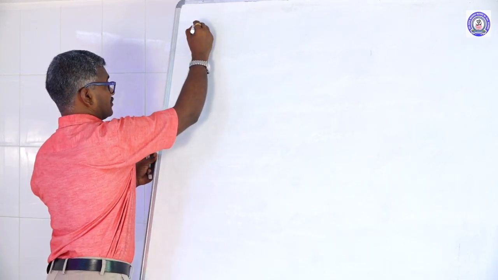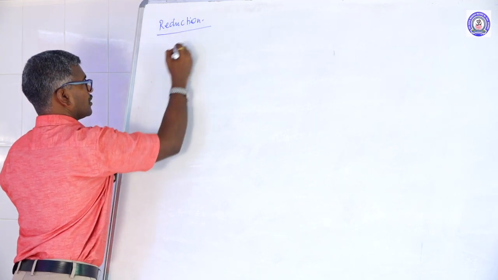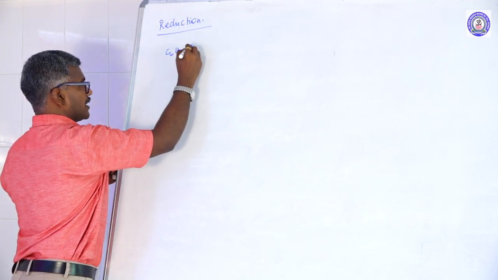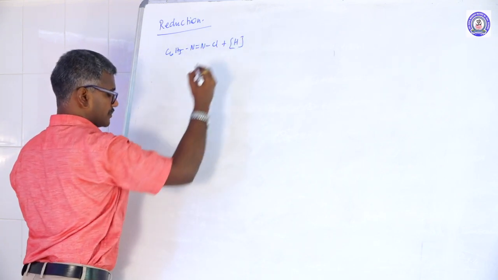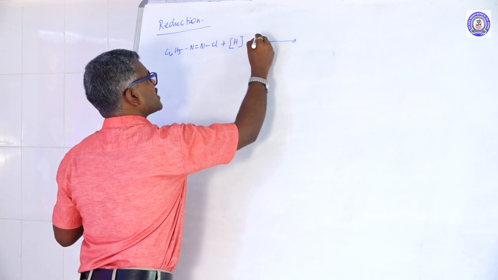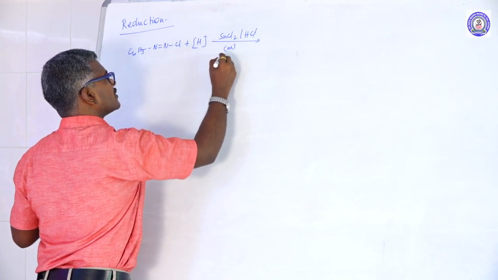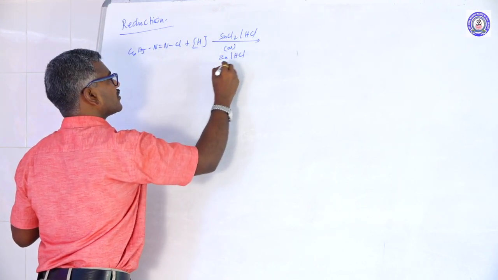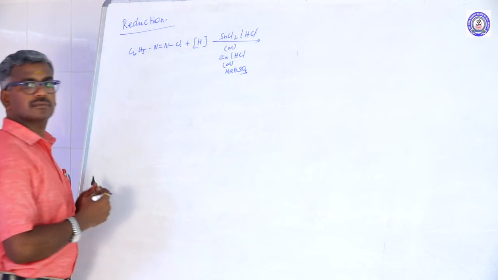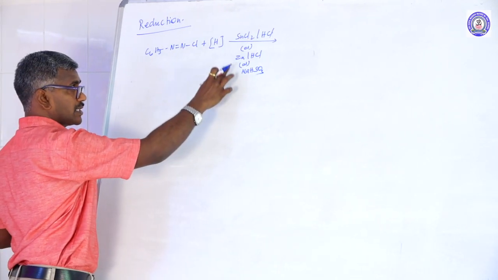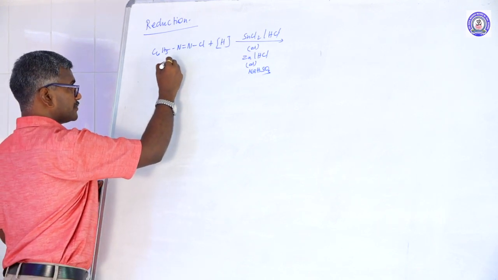Reduction reaction. C6H5 N double bond NCl is reduced by using hydrogen in the presence of SnCl2 powder HCl, or zinc powder HCl, or sodium bisulfite. These are called reduction catalysts. The reduction catalyst is what reacts with the benzene diazonium chloride.